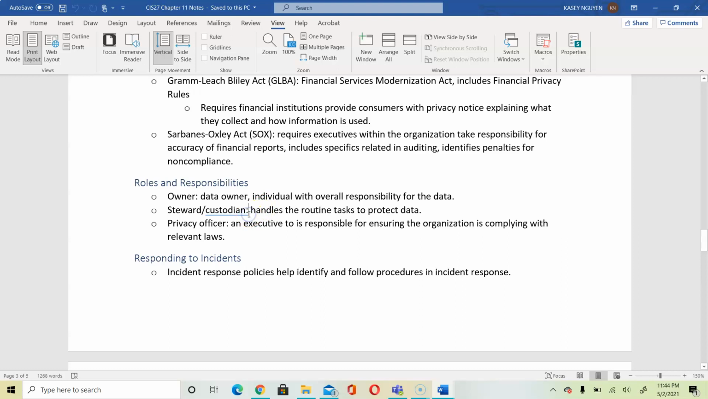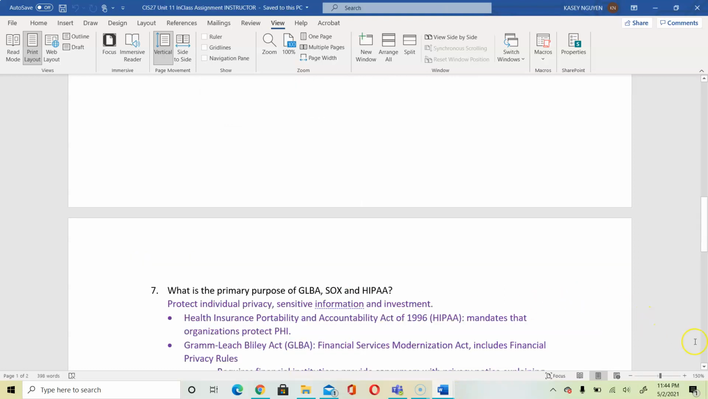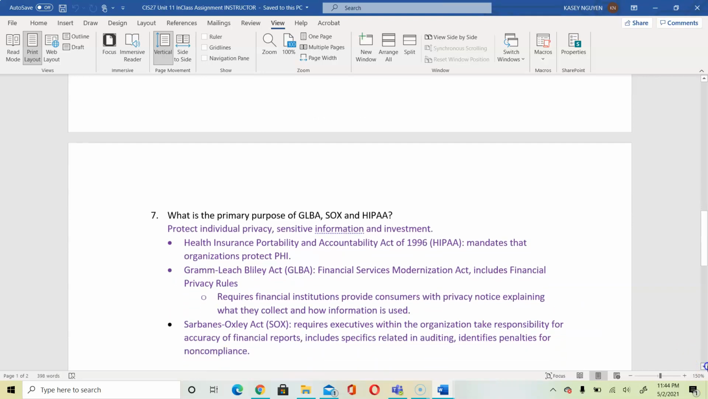The steward or custodian are the people who handle routine tasks to protect the data, and that could be your sysadmin, support people, backup operators, and so on. Privacy officer, these are executives who are responsible for ensuring the organization is complying with the relevant laws, and that pertains to the last part. So to answer the next question, question 7, we can list